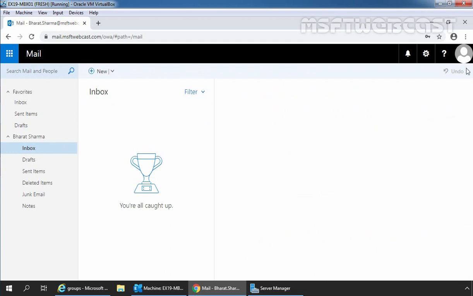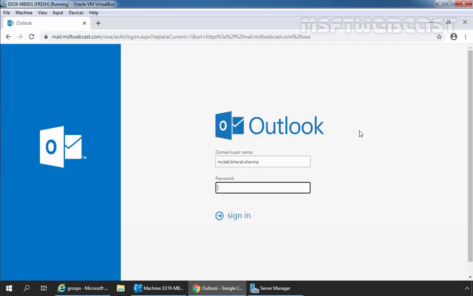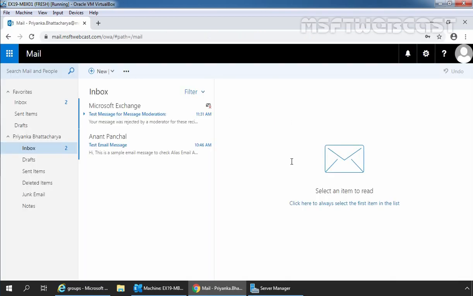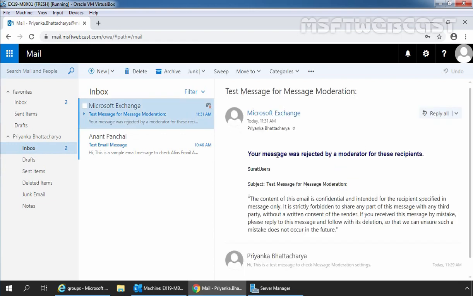And let's sign in as a user Priyanka Bhattacharya. Here we can see that message, test message for message moderation. Your message was rejected by moderator for this recipient Surat users.